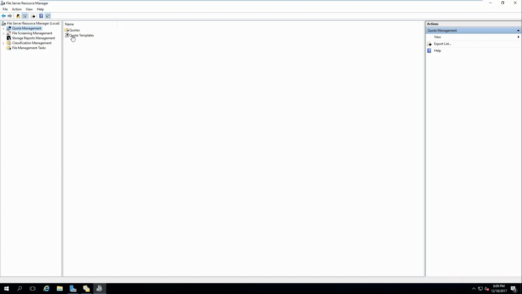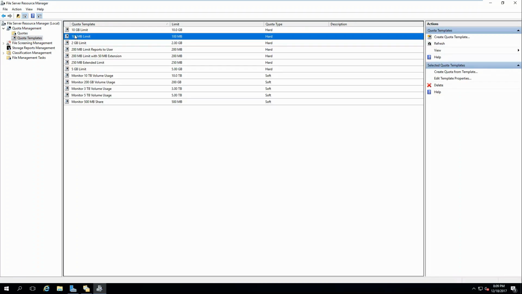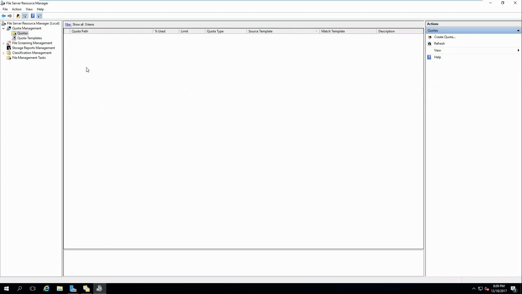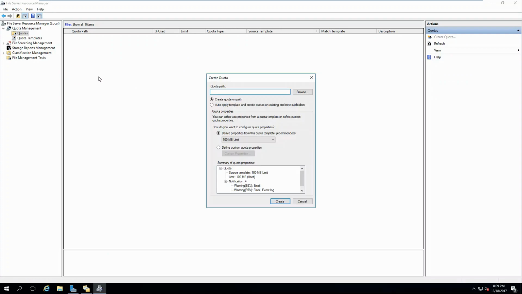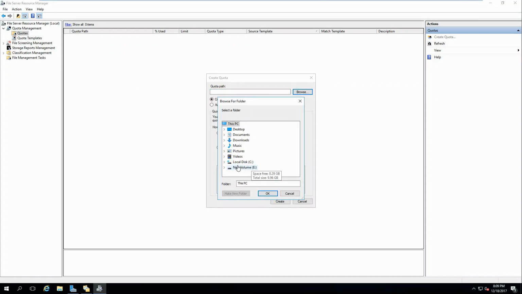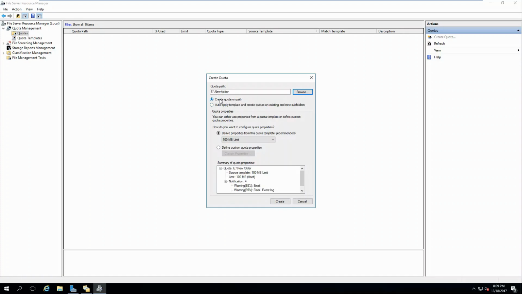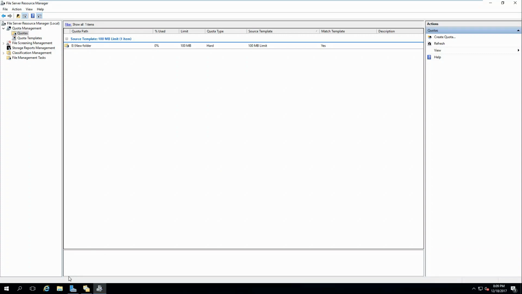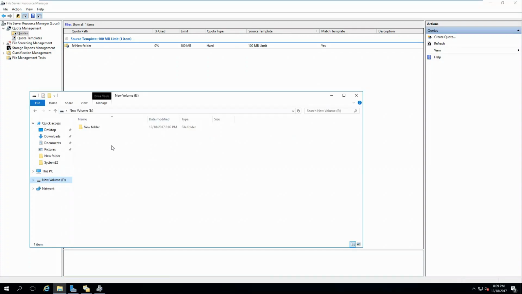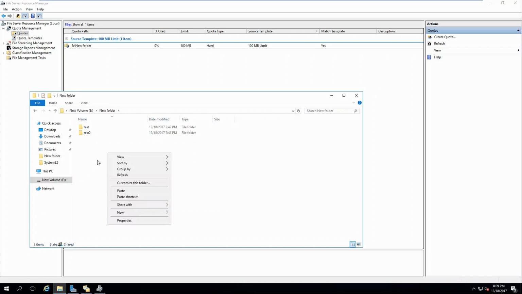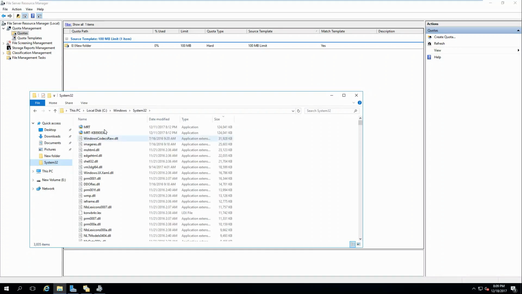The first item we have is quota management. Within it we have quota templates, which are predefined settings of hard and soft quotas. Then you have the quotas tab where we can actually create our own. Let's set the quota path to E, new folder, and create quota on path, and let's use a 100 meg template. Click create. Once that's finished, let's go back to new volume E, new folder, and let's copy a file